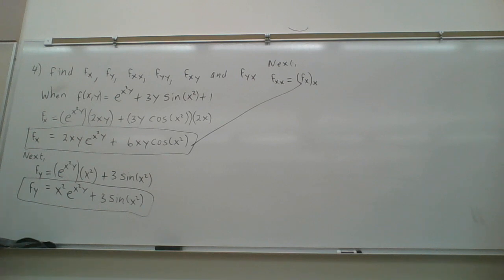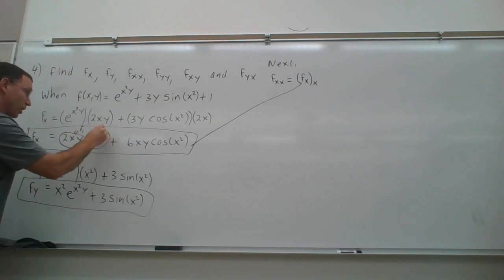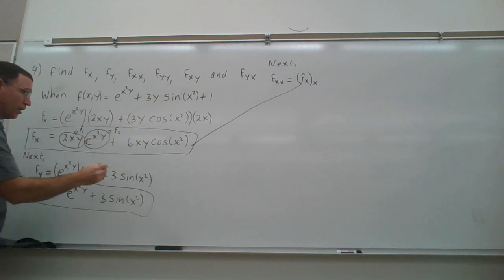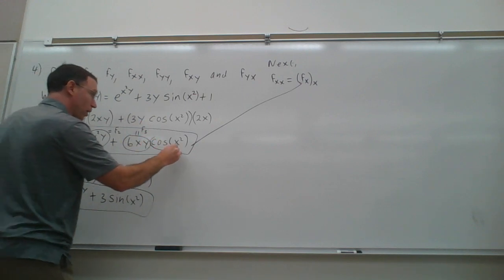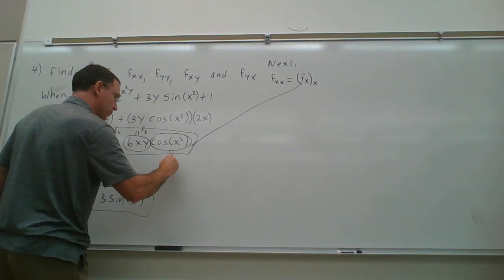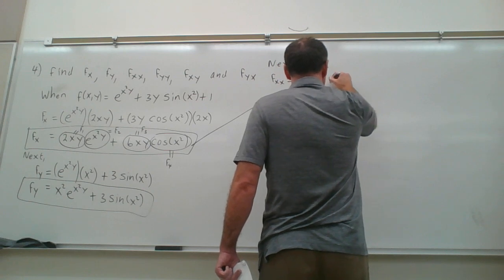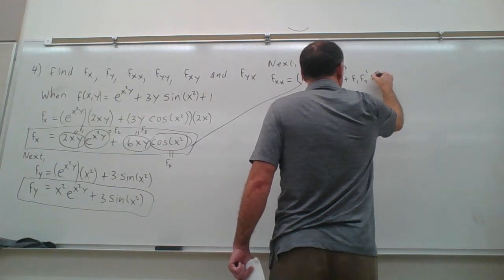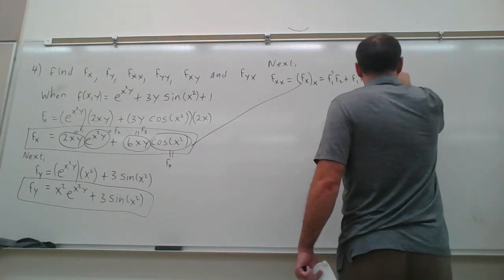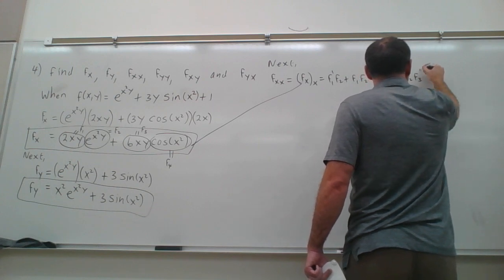It's going to require a product rule because you have a function here, let's call this one f1, and the e function is f2, and the 6xy guy, the f3, and the cosine one, let's call it f4. So using product rule then, it's going to be f1 prime times f2 plus f1 f2 prime plus